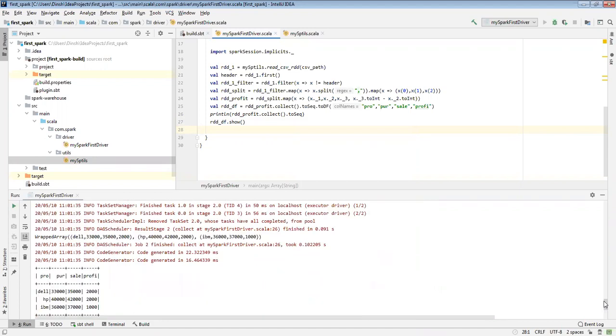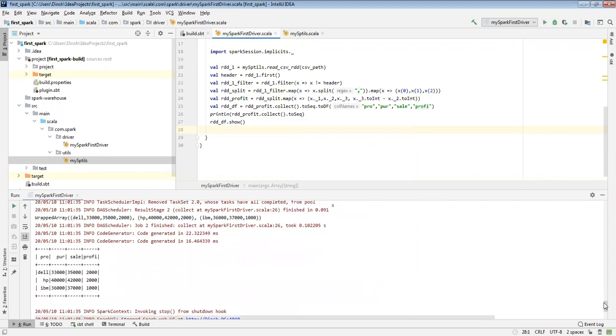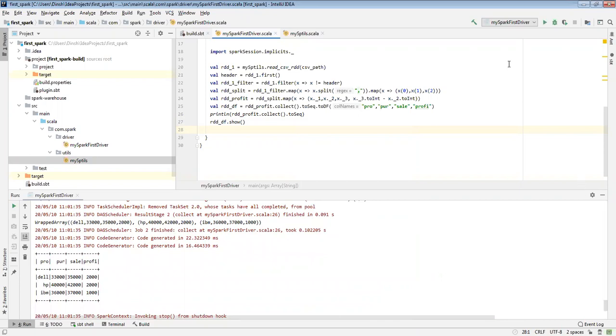Able to see the same data frame, correct? So able to see the profit. So now again I'm applying the filter.